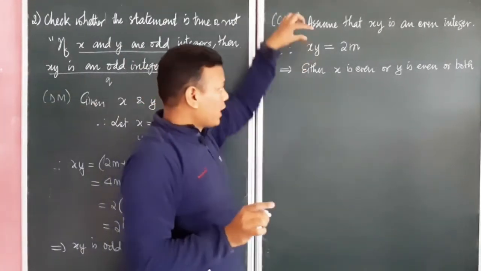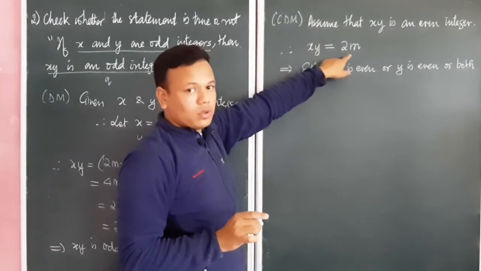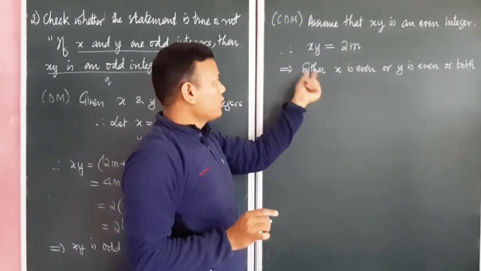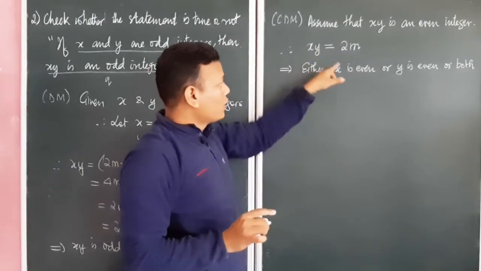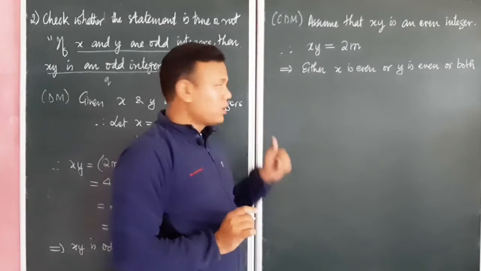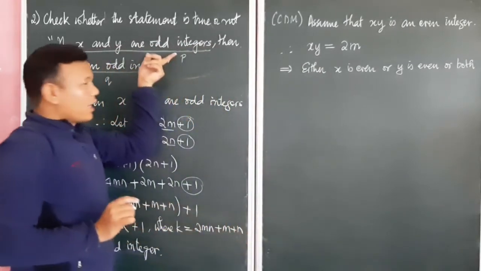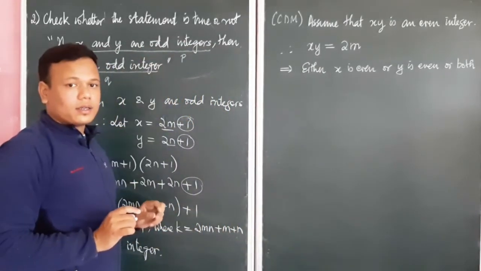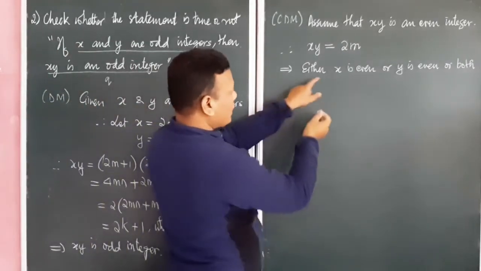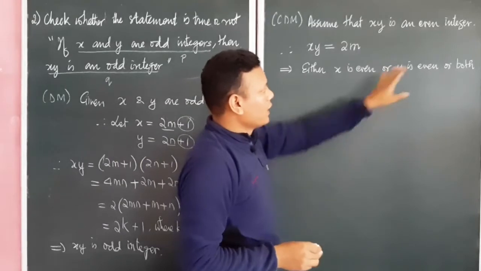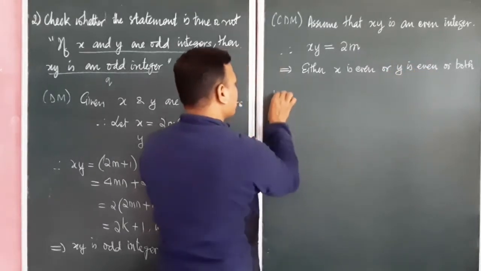Are you understanding? I took the assumption that xy is even, that is 2m, but this means that the product of two numbers will be even only if one of the numbers is even. But here it is given in the hypothesis that both are odd integers, right? So either x is even or y is even or both, which is